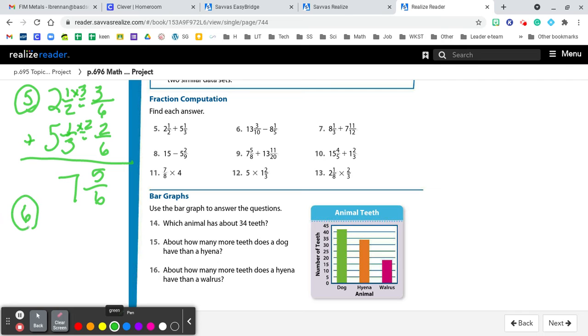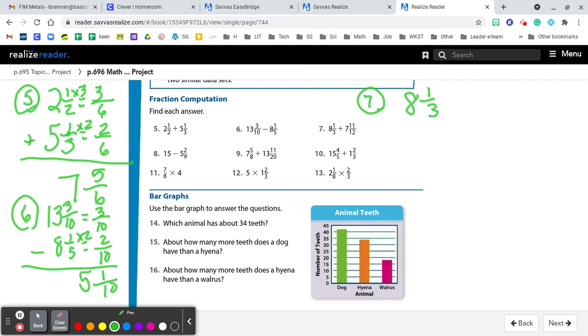Number 6, 13 3/10 minus 8 1/5. Denominators are different, but 5 will go into 10, so I can leave that one alone. I'm going to subtract: 5 1/10. Number 7,